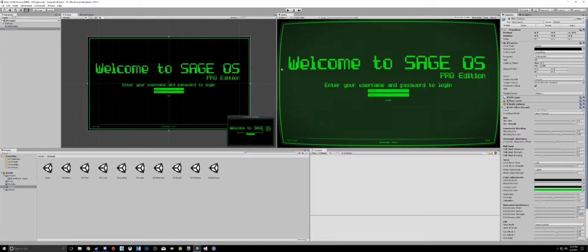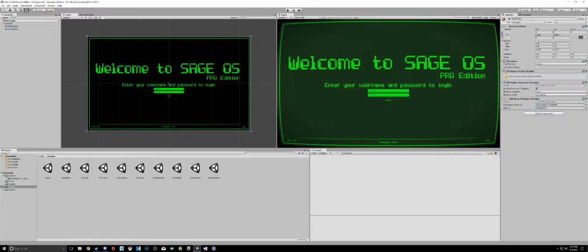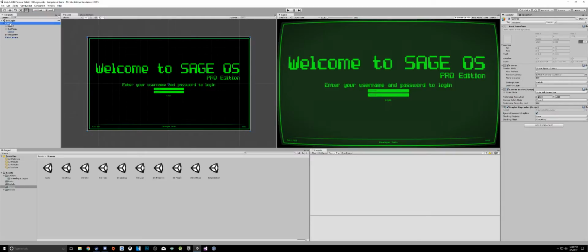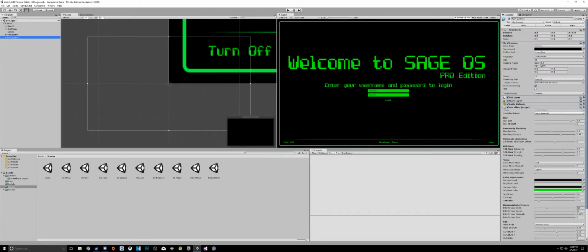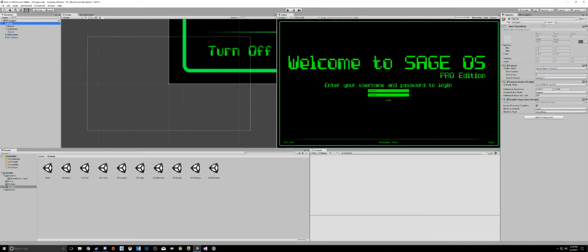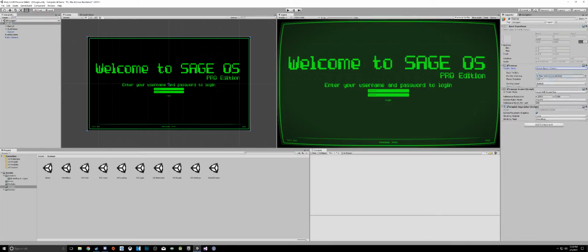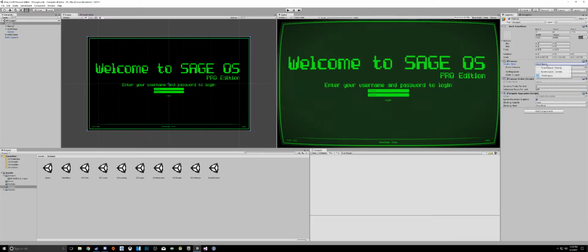So as you can see here, I'm making a 2D UI game, and I'm using Canvas, obviously, and I have it to where the screen space is in the camera or the world space. It really doesn't matter, honestly. Previously I was trying to figure out how to get it to use the effect on the camera. I figured out that you have to use either camera or world space, that way it's rendered